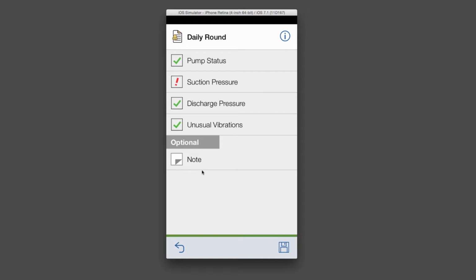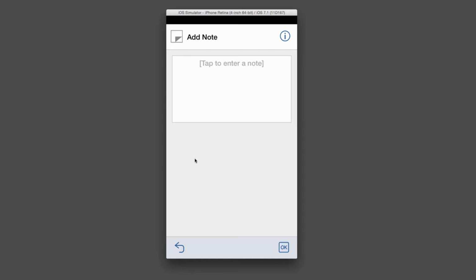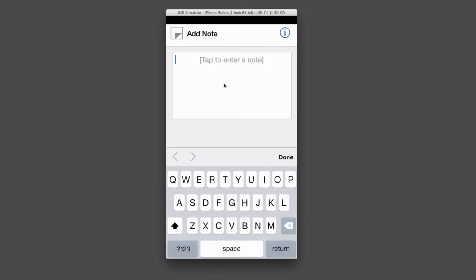But there's one more thing we can do if we like, and that is under here in this optional section. We can add a note for ourselves if we find something odd or noteworthy regarding this particular activity that we just did. So let's just go do that. We'll click on note, and this is where you can enter an optional note. So let's just put in something like "this is a test." And notice once again, the info icon is there. So if we were to tap on this,